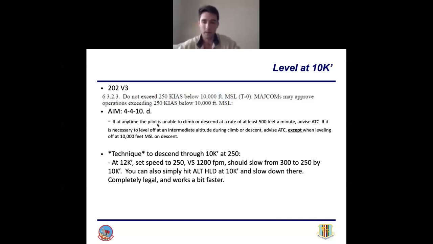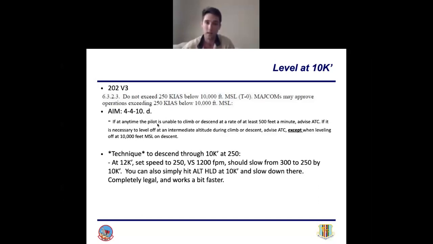It makes me sound nerdy, but that's technically what the AIM requires you to do, unless you tell ATC, hey, I need to level off to slow down really quickly, and most of the time they'll let you do that. The technique that I've been shown, that a lot of people I think know about, descending through 10,000: if you are on glide path or early, right at 12,000 feet, if you're descending at 300 knots, you can set your command speed to 250, set your vertical speed to about 1,200, and it just kind of works out from people playing with it that in that 2,000 feet above 10,000, the airplane slows to right about 250 knots